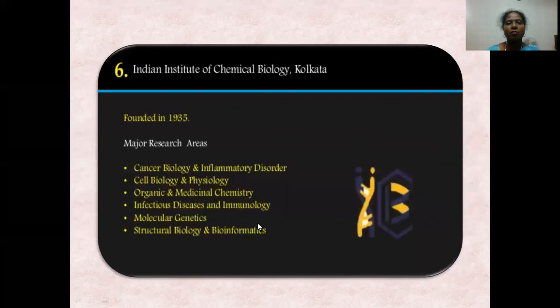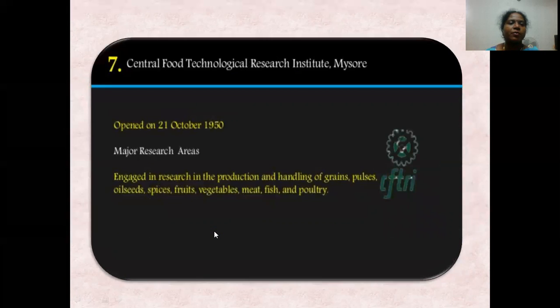Indian Institute of Chemical Biology, Kolkata, founded in 1935. Major research areas: cancer biology and inflammatory disorders, cell biology and physiology, organic and medicinal chemistry, infectious diseases and immunology, molecular genetics, structural biology and bioinformatics. Central Food Technological Research Institute, Mysore, opened on 21st October 1950. Major research areas: engaged in research in the production and handling of grains, pulses, oilseeds, spices, fruits, vegetables, meat, fish